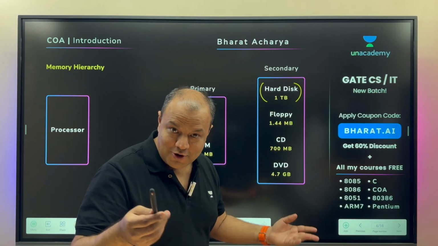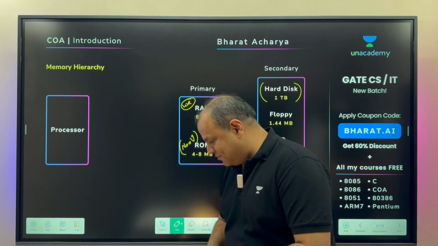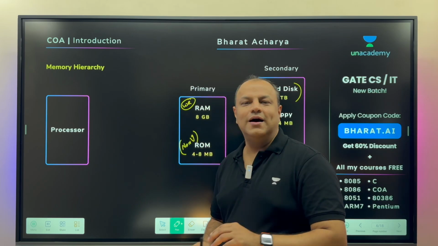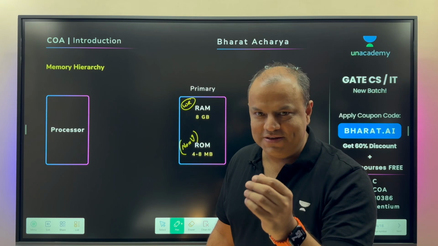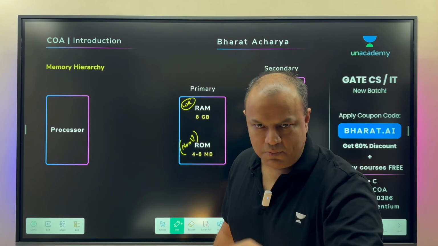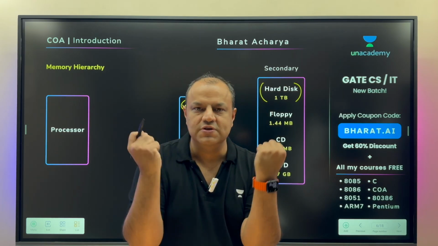Yes, let's talk about costs. Amazing. What is the cost of RAM? You go to buy a RAM today, it's in the range of 2 to 3,000. Okay, I'm not selling. You may get it 200 cheaper, you may get it 400 expensive. This is not a debate on that. I'm giving a ballpark. So 2 to 3,000 is the cost of RAM.